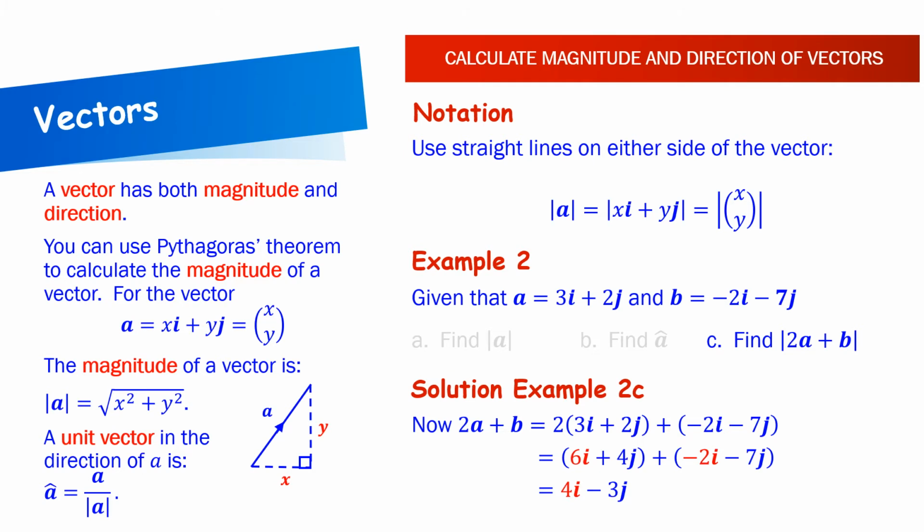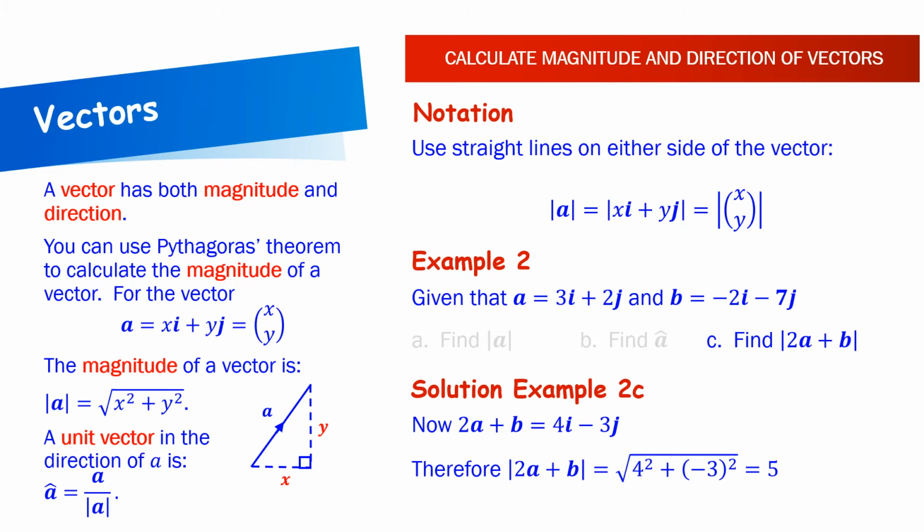Then we collect together the i terms, so 6i minus 2i equals 4i, and we collect together the j terms, so 4j minus 7j equals minus 3j. Now 2a plus b therefore equals 4i minus 3j,